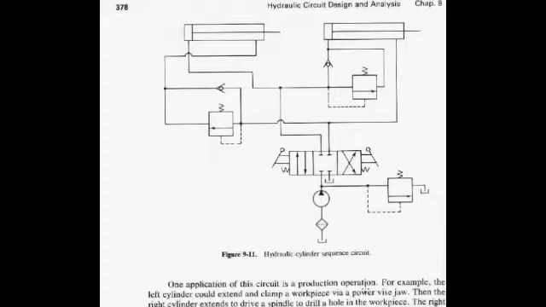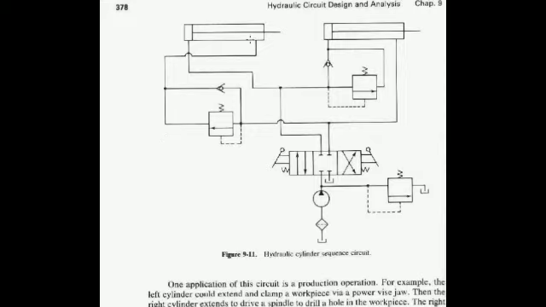The next type of circuit we will discuss is a hydraulic cylinder which can be sequenced using 2 sequence valves. We use a sequence valve whenever we have 2 or more operations, that is, processes which are carried out one after the other. In those situations we use this type of sequence valve.